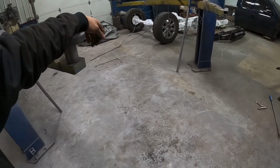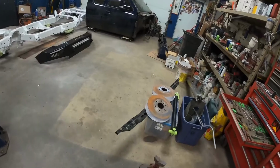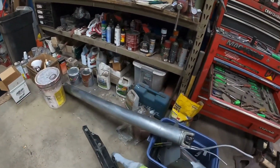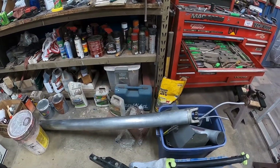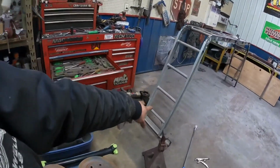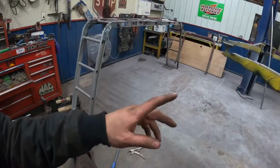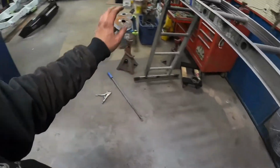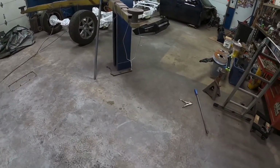So there's that. And I still don't know how I'm gonna hang the rear drive shaft, just because of how long it is. So that's gonna be interesting. I might have to try and get this higher than the hoist can go. I don't know. I still gotta figure that out, but I think I'm just gonna get those parts ready and painted tonight